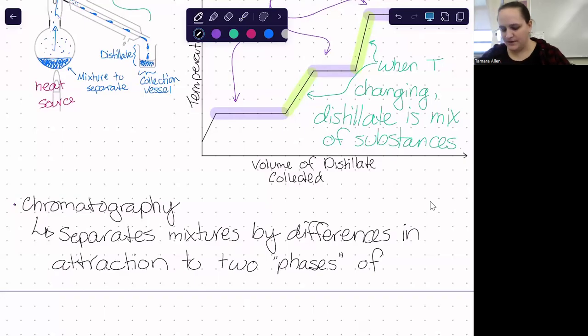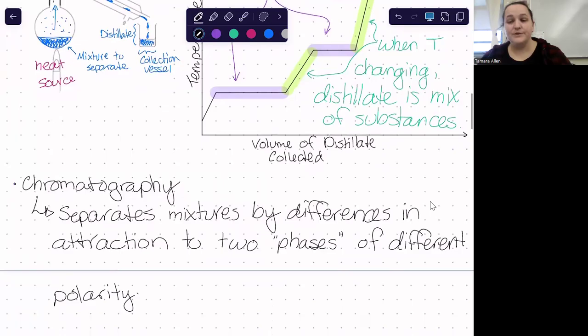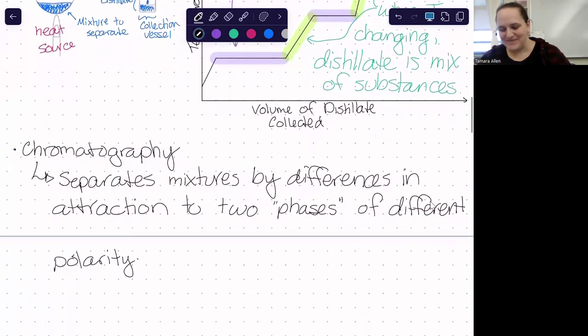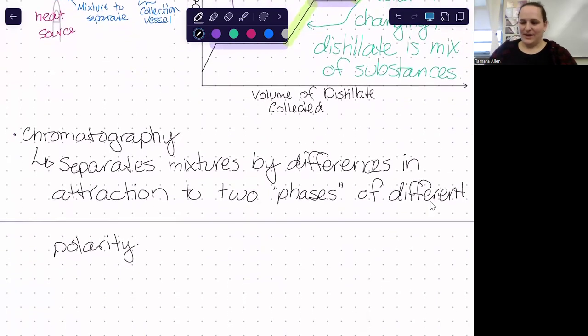And we are going to focus on types of chromatography specifically that deal with polarity. There are others, but for the most part, most of the common ones tend to deal with polarity. We're going to talk about two different types of chromatography. In general, they have a lot in common. So in both of them,